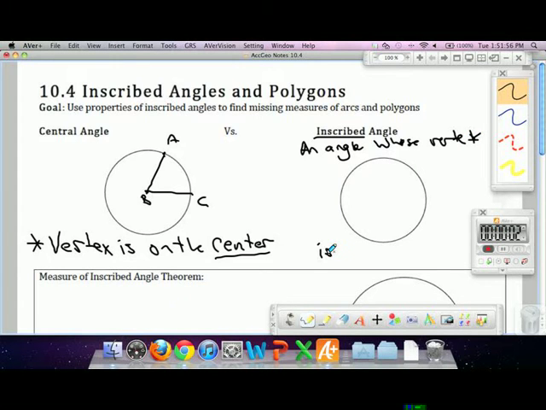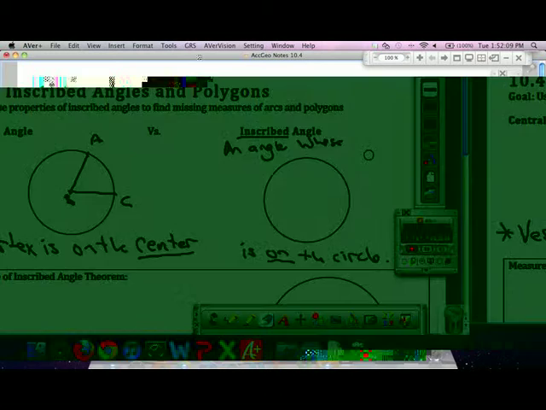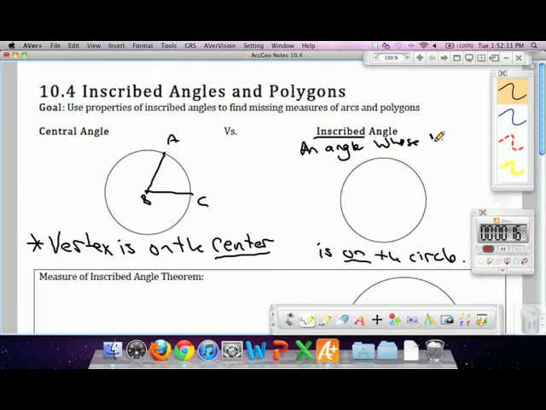You'll have to catch up. This is review anyways. An angle whose vertex is on the circle itself. So to contrast, I could have, how about